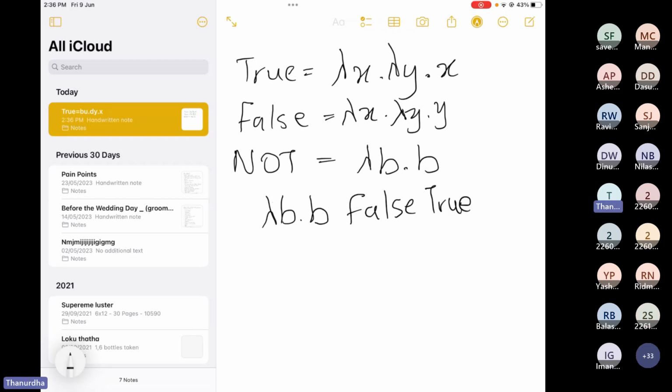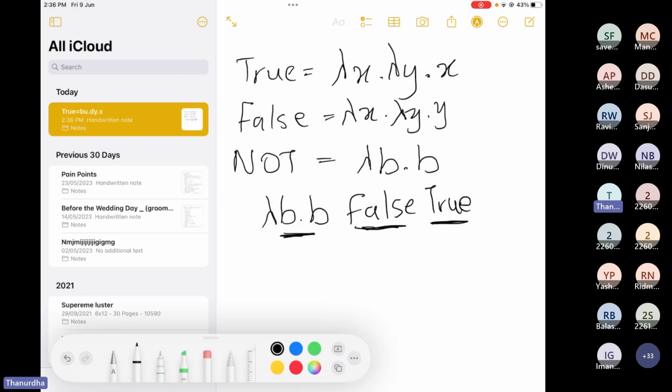So this is what the output can be, right? It could be either false or true. This is the logical operator, and